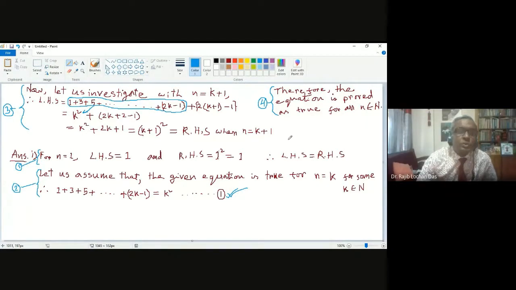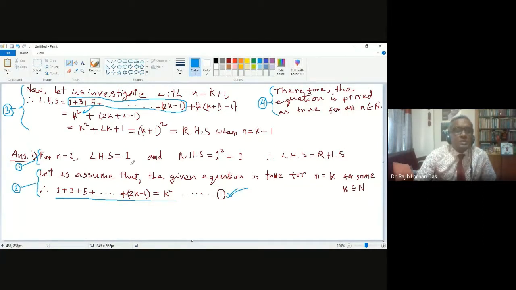Yes. Calculation just as this. Which one? The hardest calculation, k square? Yes, sir. k square is coming from here: 1 plus 3 plus 5 plus up to 2k minus 1 is equal to k square. So this is coming from here. Why is it coming from here? Because we assumed that the given theory is correct.